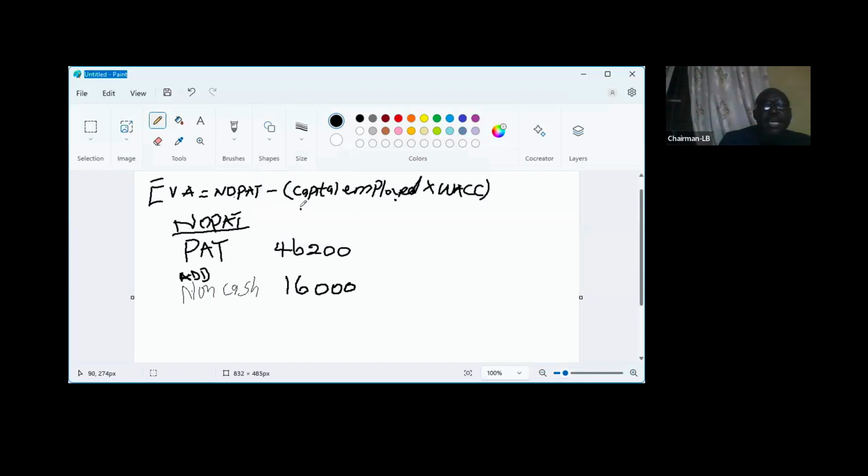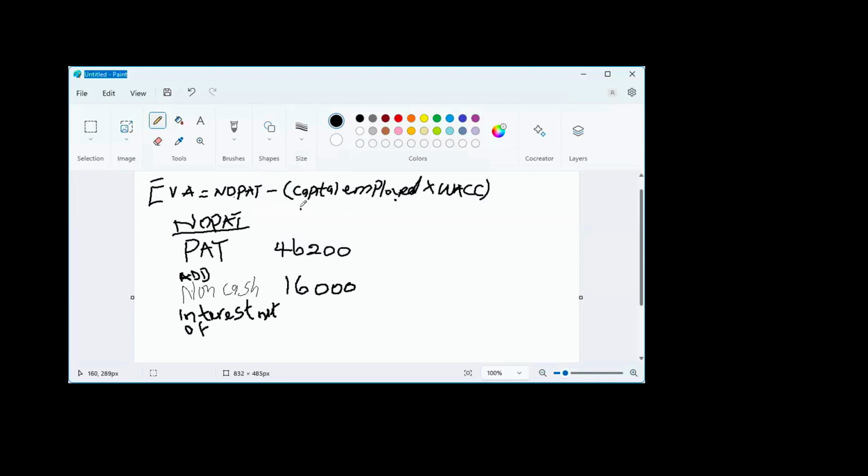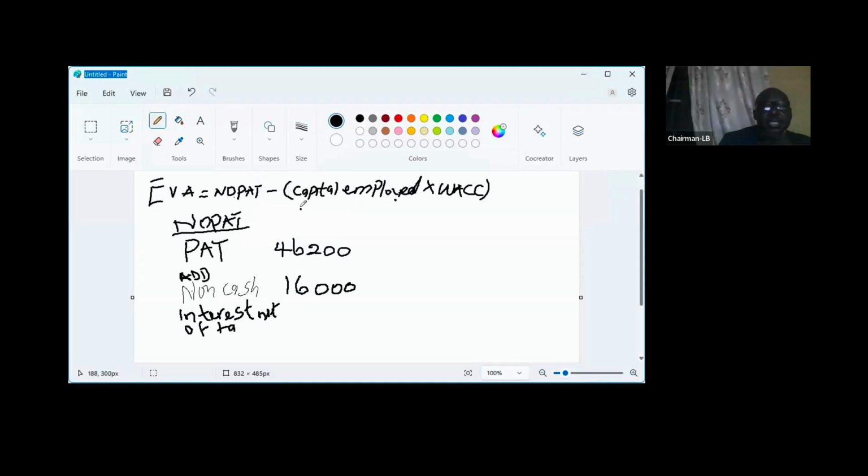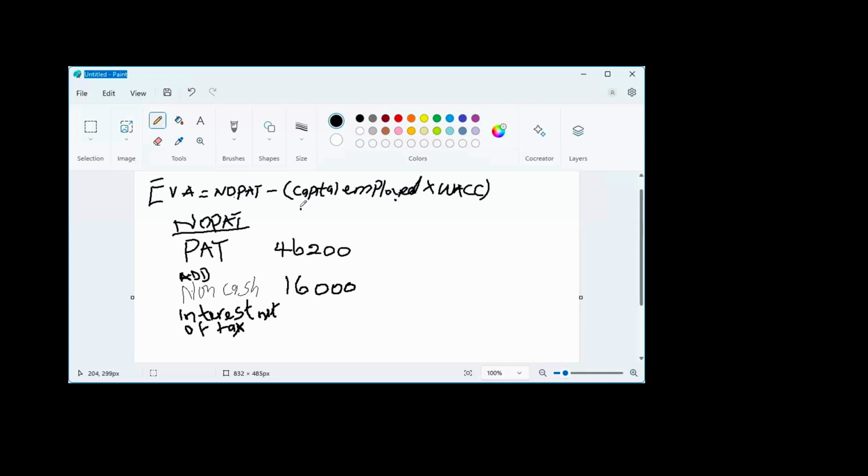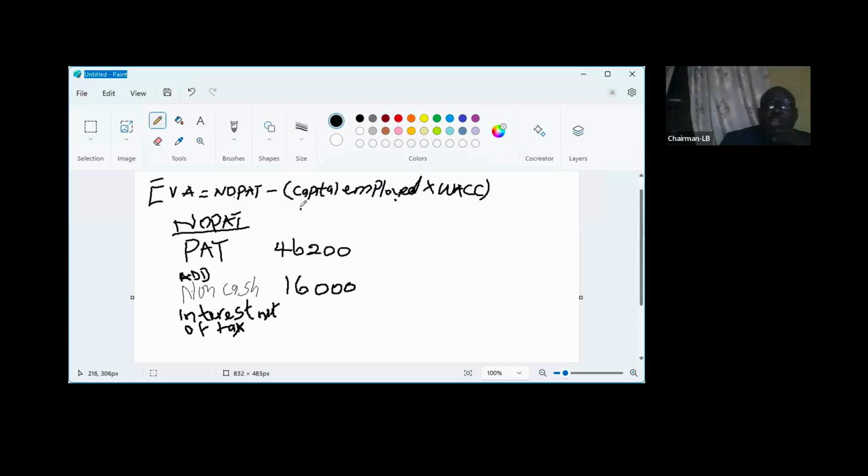Then go and check interest net of tax. That means the interest. We have paid interest of how much, please? 9,000. Interest is 9,000. You come here, your 9,000